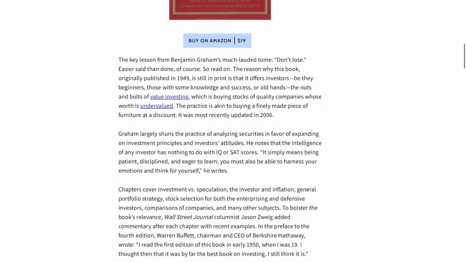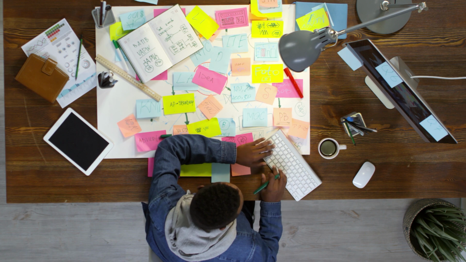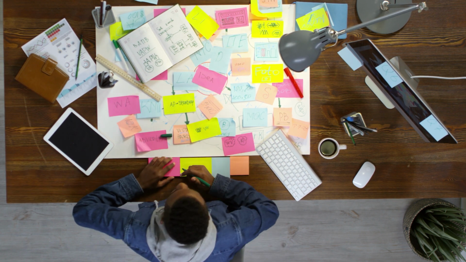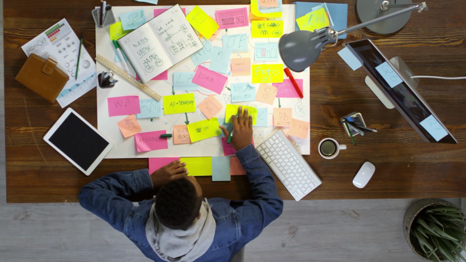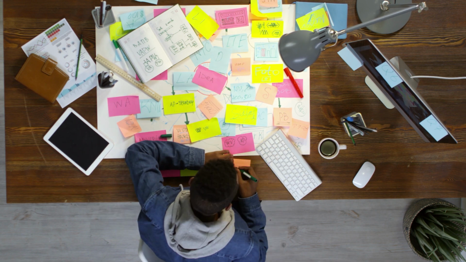You can read all the books you want on the topic, follow and gain inspiration from the legends like Warren Buffett, and there's still going to be lessons that you have to just learn the hard way. And that's okay, there's nothing wrong with making mistakes. The key here is to identify mistakes, learn from them, and become a better investor as you go.